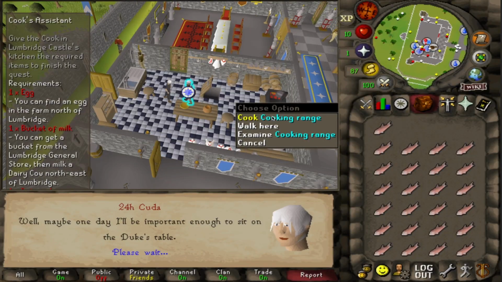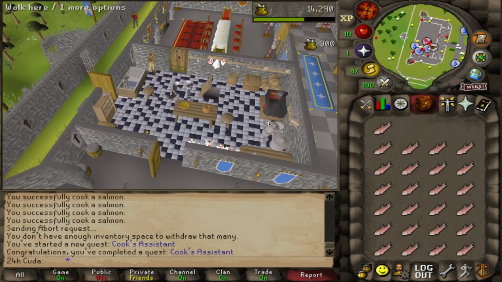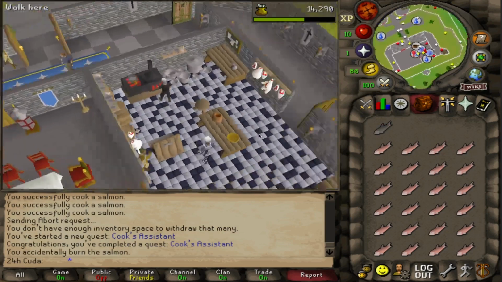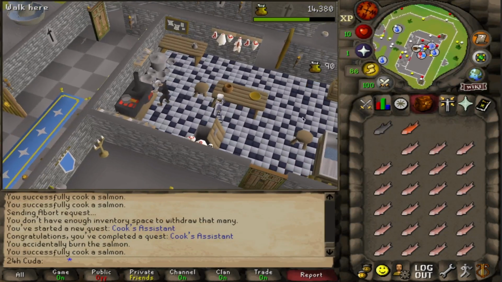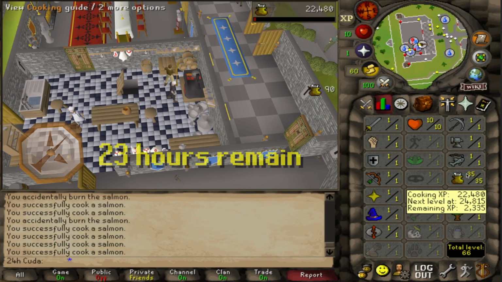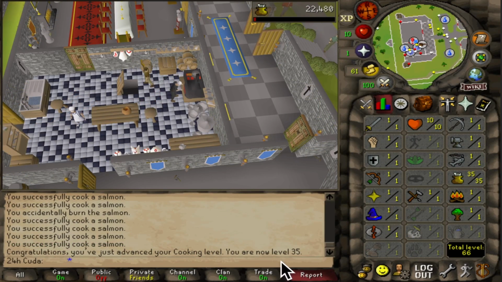After a few minutes of cooking at the Grand Exchange, I realized I should probably buy the supplies for Cook's Assistant and Cook in Lumbridge. Not only does the quest give a small amount of cooking experience, the range has a lower burn rate for specific food, and trout and salmon are included in that. After about 30 minutes, I was able to cook salmon up to 35 cooking, which is where we'll begin our